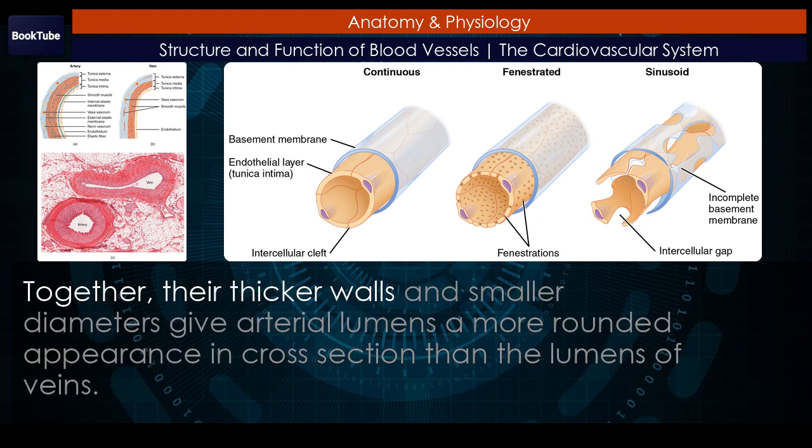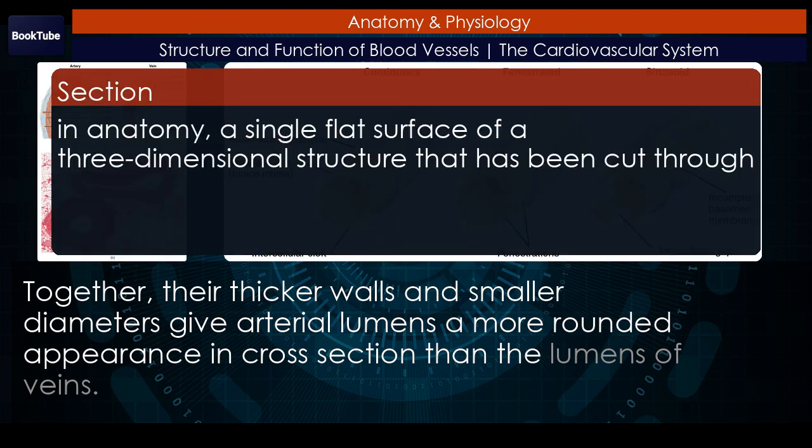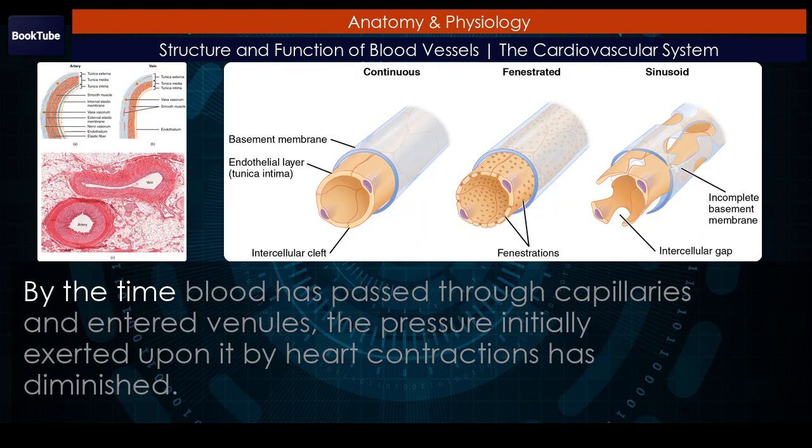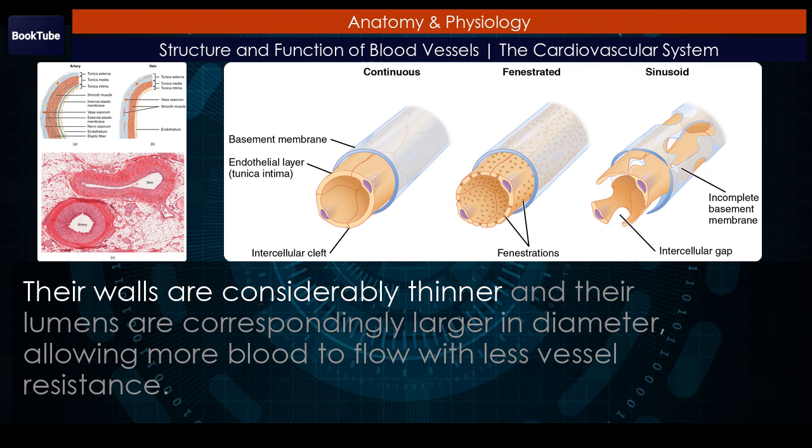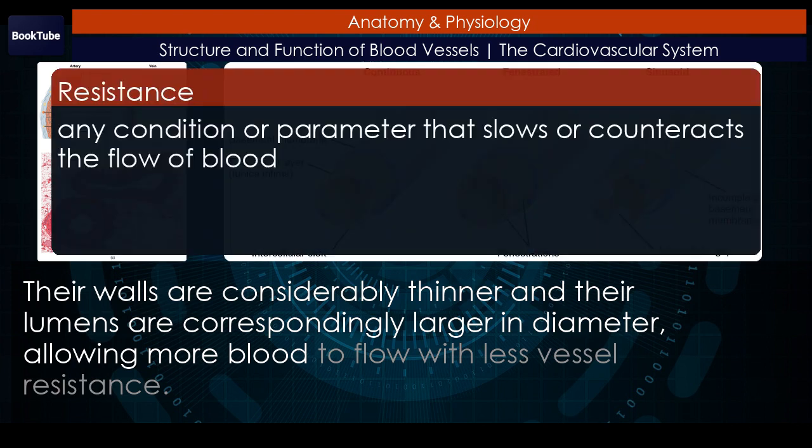Together, their thicker walls and smaller diameters give arterial lumens a more rounded appearance in cross-section than the lumens of veins. By the time blood has passed through capillaries and entered venules, the pressure initially exerted upon it by heart contractions has diminished. In other words, in comparison to arteries, venules and veins withstand a much lower pressure from the blood that flows through them. Their walls are considerably thinner and their lumens are correspondingly larger in diameter, allowing more blood to flow with less